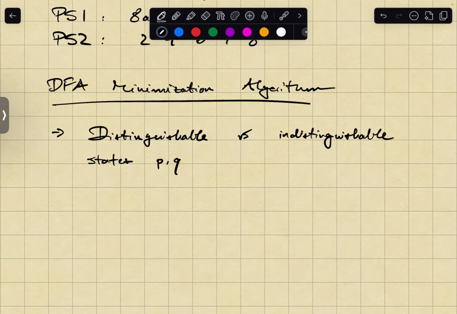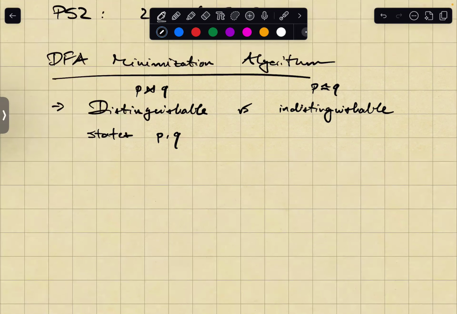For the purposes of these notes, I'm just going to use the bow tie symbol for distinguishability, and this squiggly symbol for indistinguishability. The general idea of the minimization algorithm is, you have a very big DFA, maybe it has some redundant states. What does redundancy mean in the context of DFAs? It means that you have states for which you can't distinguish whether you're in one or the other. The behavior would be exactly the same. If that's the case, then in the converted minimal DFA, you should take the pairs of states that are indistinguishable and merge them together in a single state. That's the idea behind the minimization algorithm.